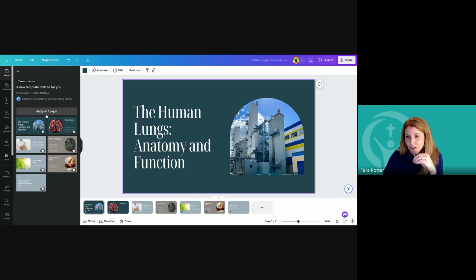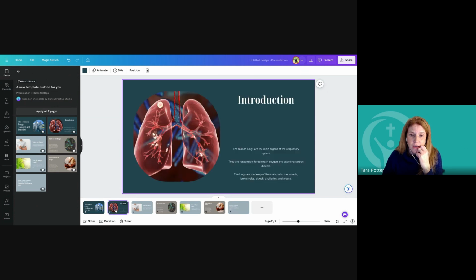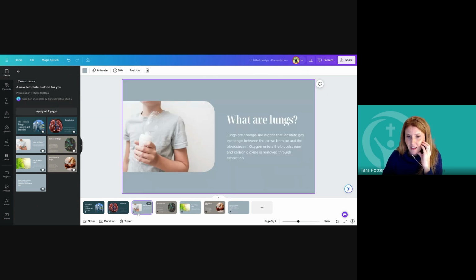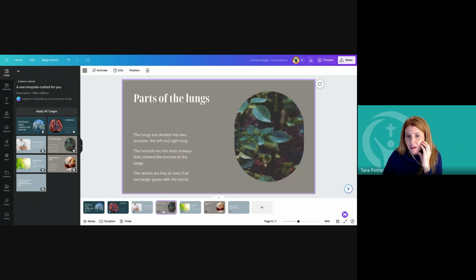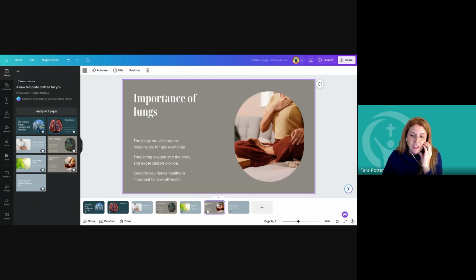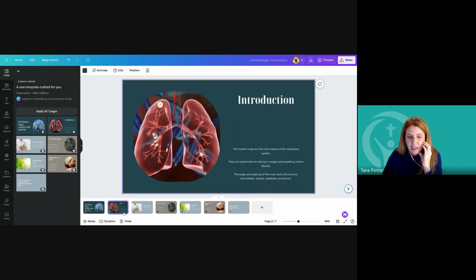I do want to point out that this template did not exist. This is not something where it found a template within the library. It created it on the spot for you. You can notice that it has pictures that go along with your topic. It has colors. It looks pretty okay to me. Maybe not for super elementary. Some of these might not be the best for kids, but again, you're going to change these and make it